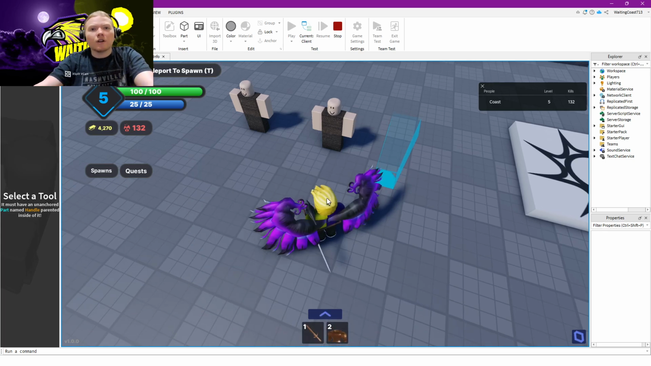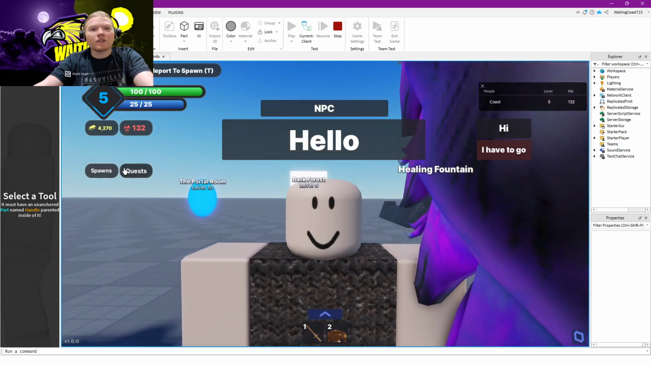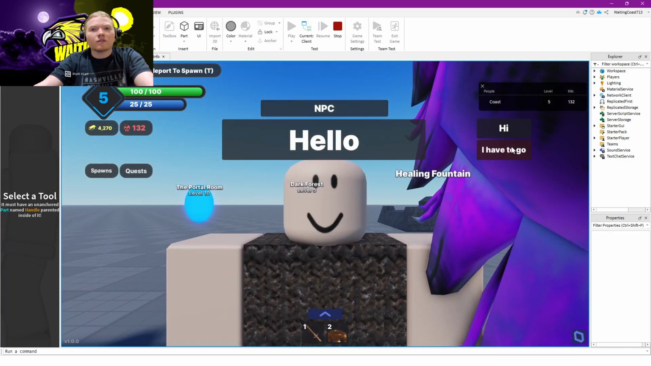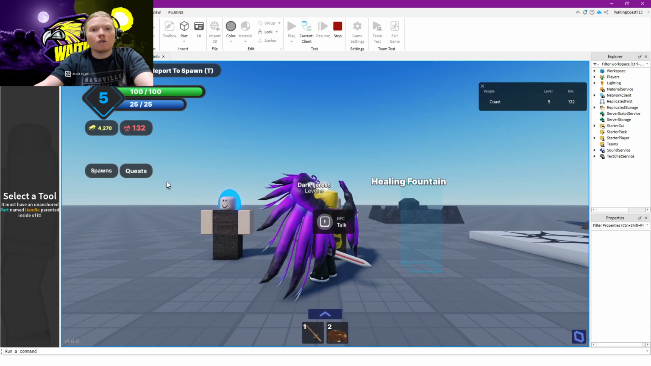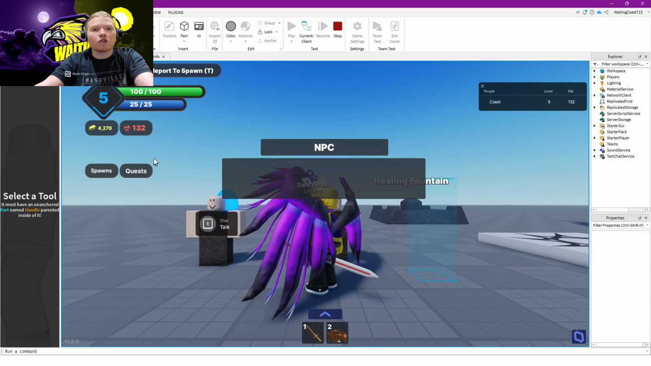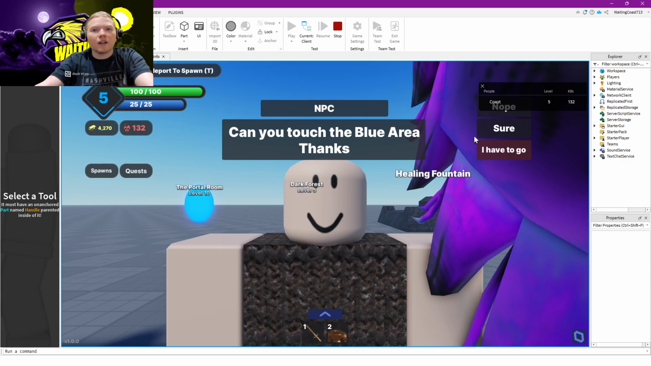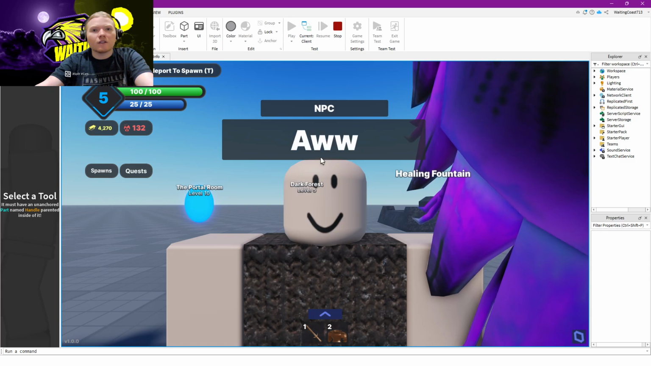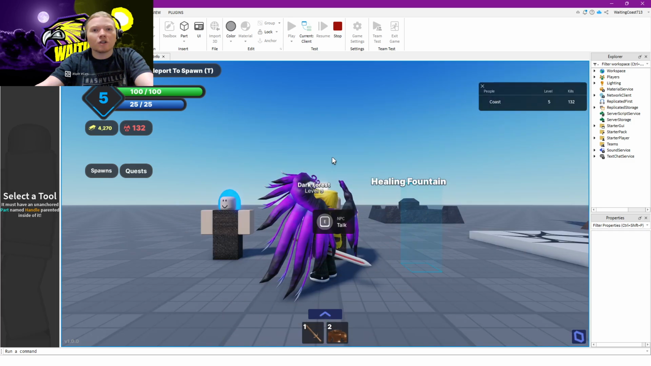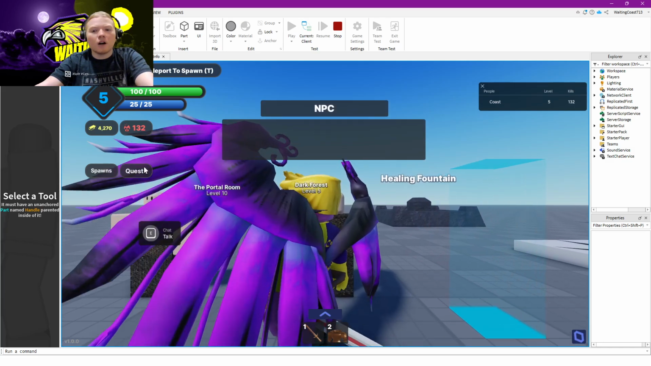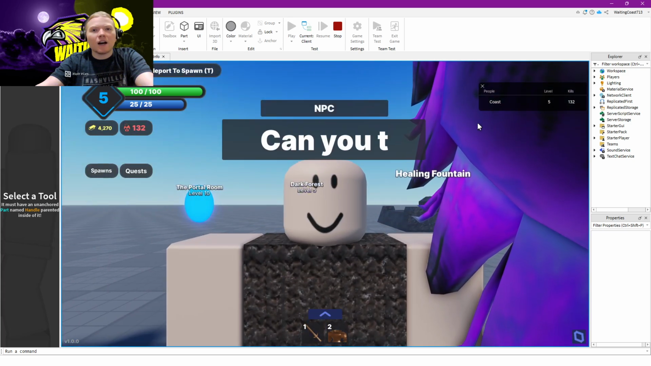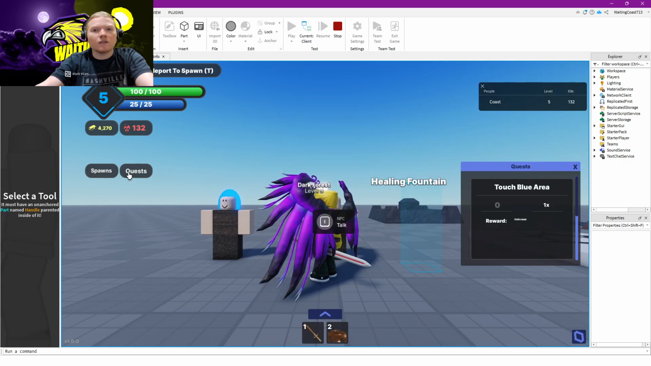So if I talk to him, you see there's a quest button, right? If I pop it up, there's nothing. It'll say hello, and I say hi. Can you touch the blue area? I can say nope, and what nope is going to do is take you to a different option. It goes straight to see you soon. See, it doesn't start. But if I say hi and then say sure, it's going to say see you soon,